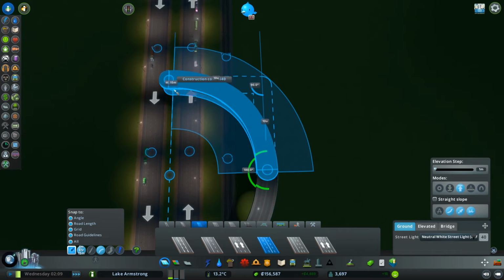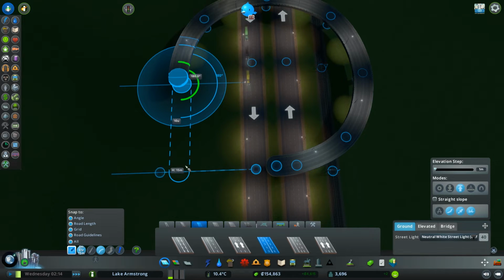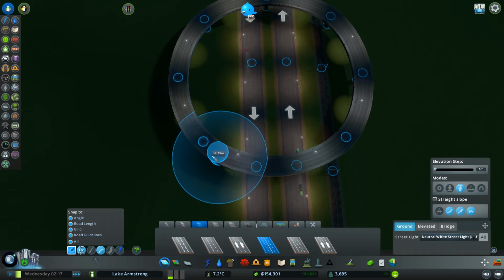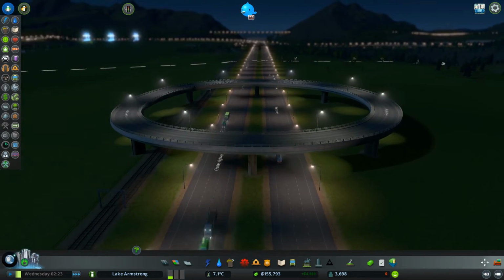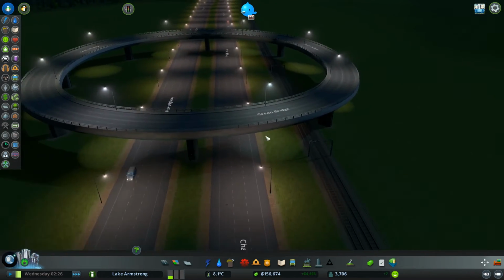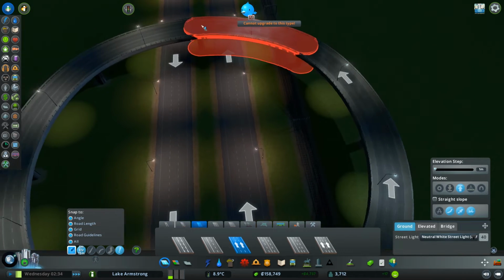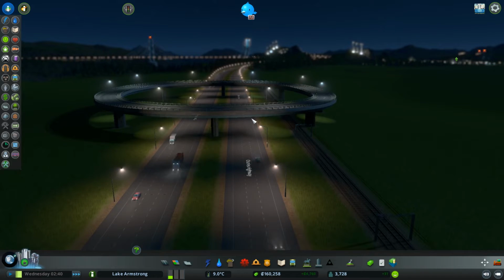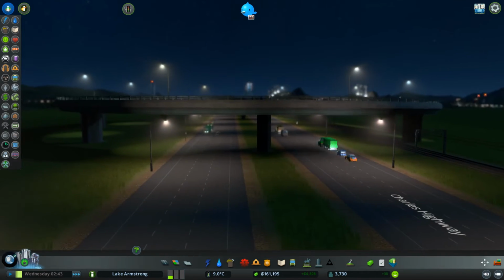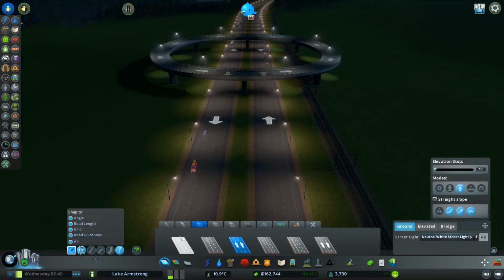Then we do another 10U by 10U. 10U. 10U. Alright, so there we are. Oh, and actually we will probably want to have done this as one way. So we don't want people going two-way here. There we are. Okay, so